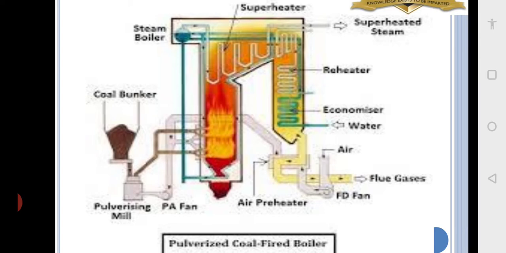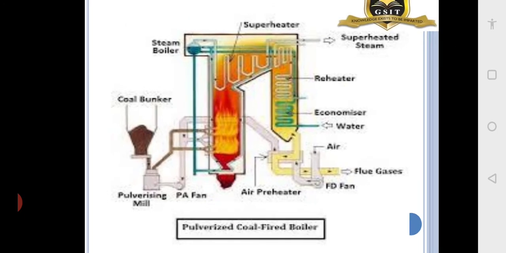You can see the red one is the main boiler. Then on the top you have got tubes for superheater. The right side you can see reheater, and the green tube is the water which enters, and then this flue gas heat is used to increase the temperature of the water which is fed to the boiler. So that is known as economizer. So water first is heated in the economizer using the flue gases, then sent to the boiler. So this is the boiler actually, which takes the water and converts it into superheated steam. All these power plants, they use only superheated steam, not saturated steam or wet steam.